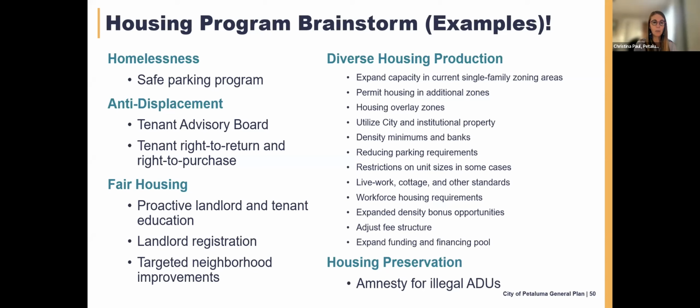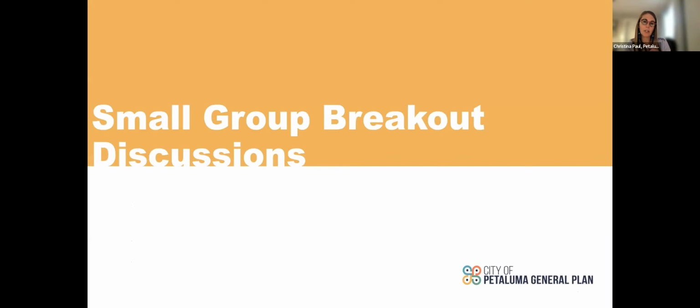But just to grab a couple, we're thinking about fair housing. Can we register landlords so that we can reach out through them to make sure everything's going well and that folks are being treated fairly? As one example, I'm just scanning through. What about amnesty for illegal ADUs? If somebody has converted their garage into a unit, can we work with them to make sure that that unit is safe and may continue to be available, because that's a really affordable form of housing. So we can dig into that more in our chats that we're going to have in just a minute. And you can ask your facilitator a little bit more about any of those you're curious about.